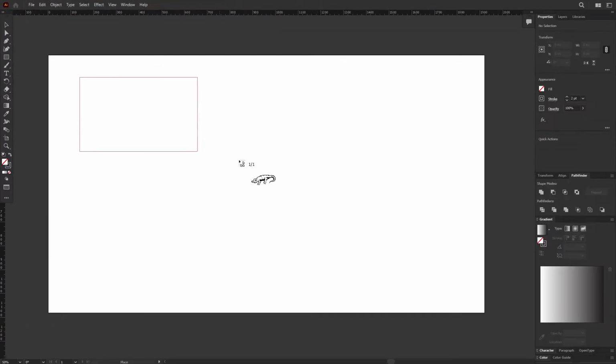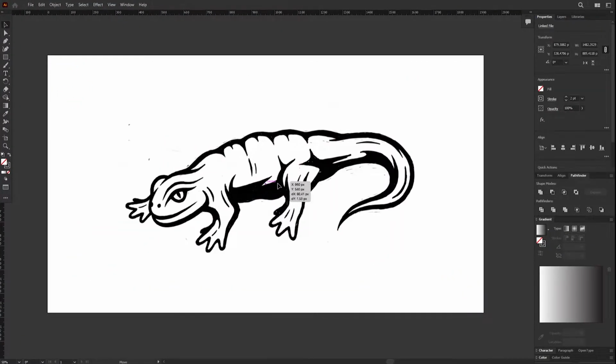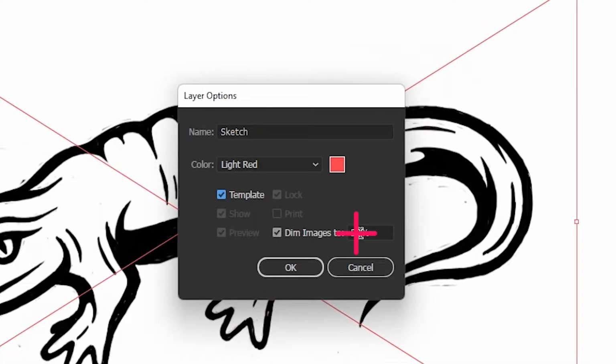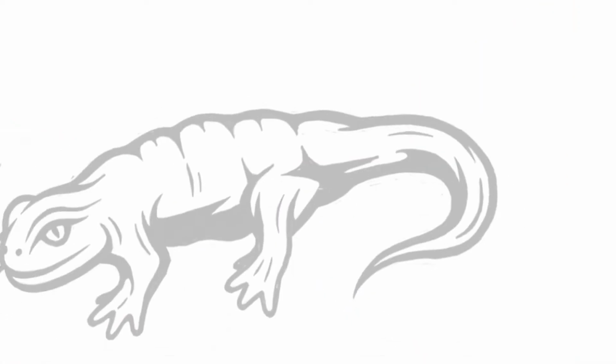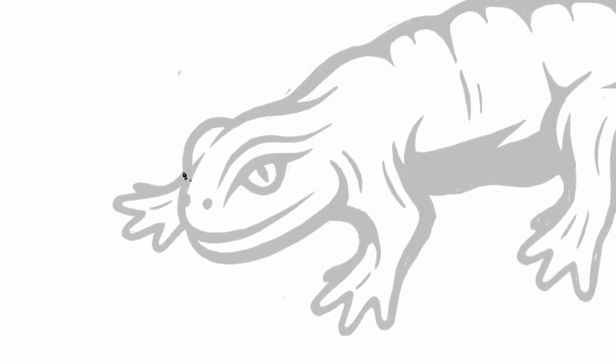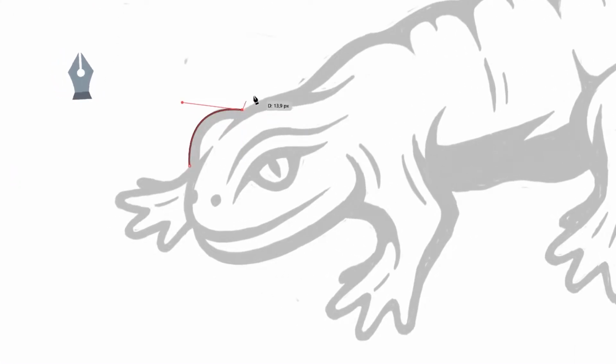Illustrator. And here we need to select Place option, and stretch this sketch across the artboard. Then double-click on this layer to select Template option, and also reduce the opacity of the sketch to 25%. Now we just need to go to this side panel and select the Pen tool, or just simply click the letter P on your keyboard